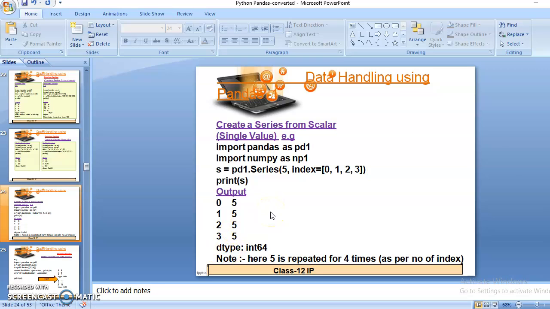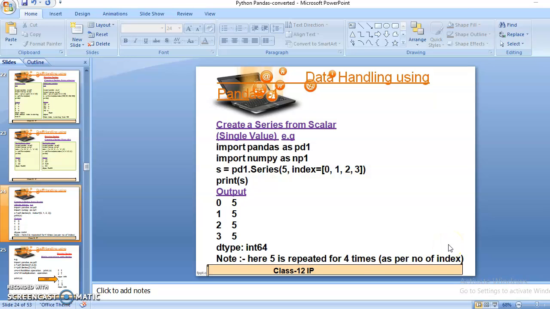However many index numbers you give, the same value is repeated for all array elements. Now 5 is an integer value, so the array is of integer type. The dtype is showing int64, and the 5 is repeated 4 times because you have mentioned 4 index positions for the array.